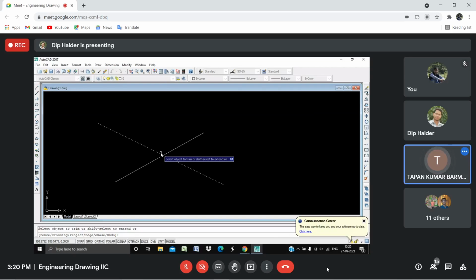Now this option is there. In the second line, you select that part you want to trim, right? Press enter, again. Press enter again. Okay, now